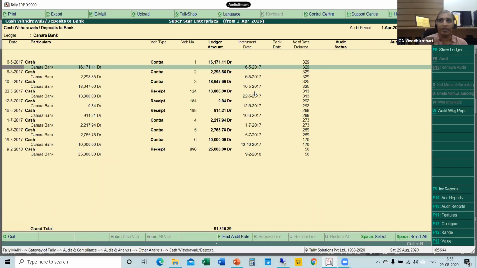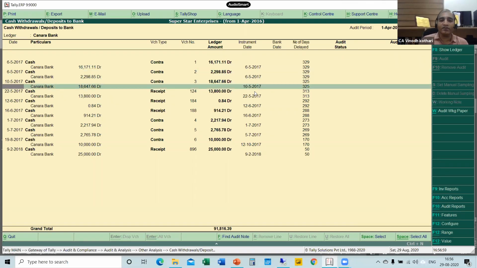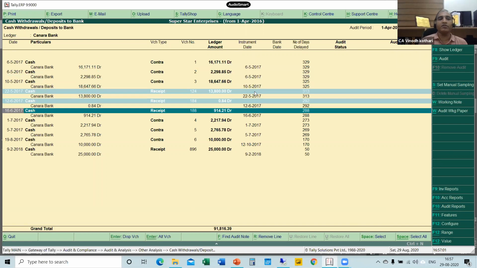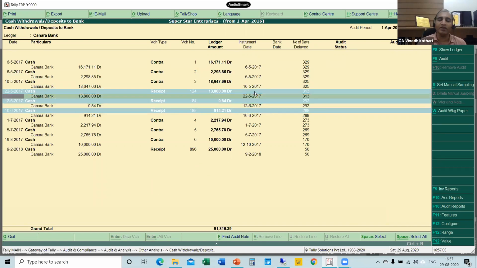Now one thing in Tally, if you see, you can provide a contra entry directly also. Some people use receipt and payment for passing the contra entry. Now, if you go to journal register and select only contra entry, this receipt entry will not be visible. But here, the receipt entry is visible based on cash to bank ledger, right?